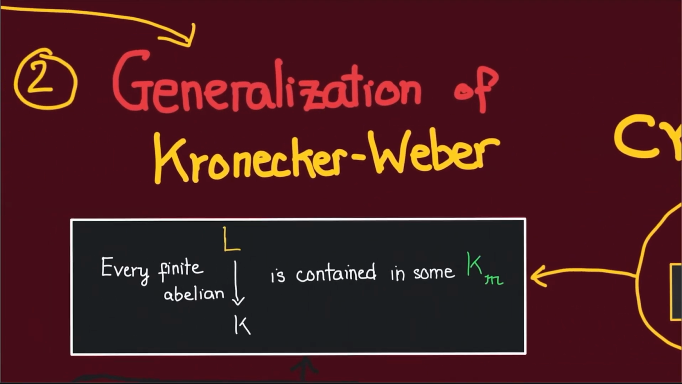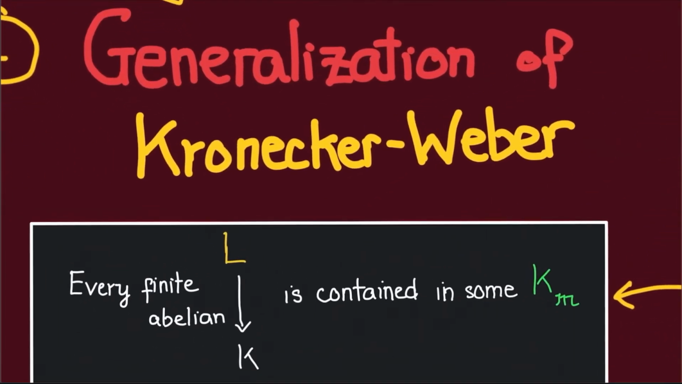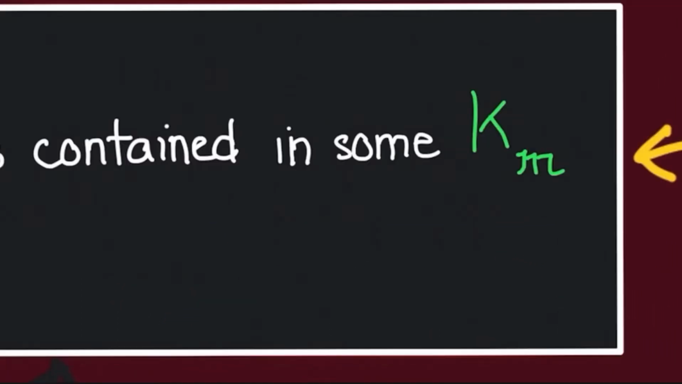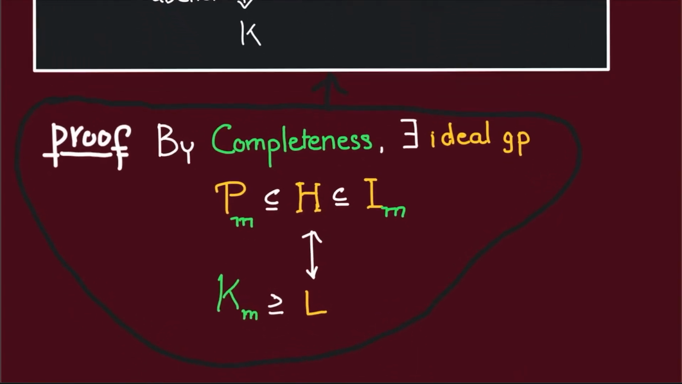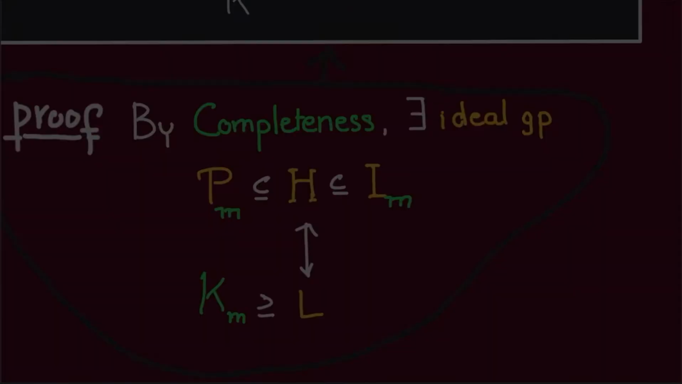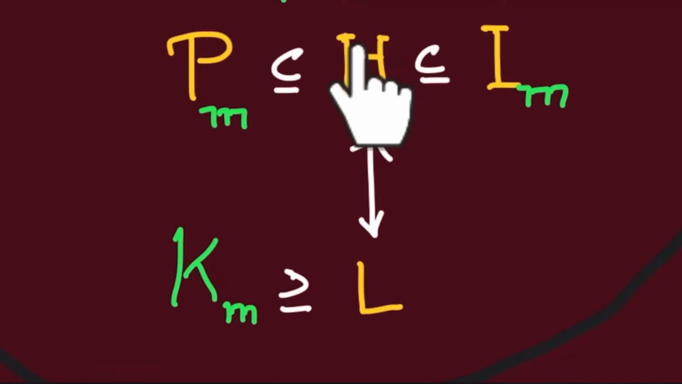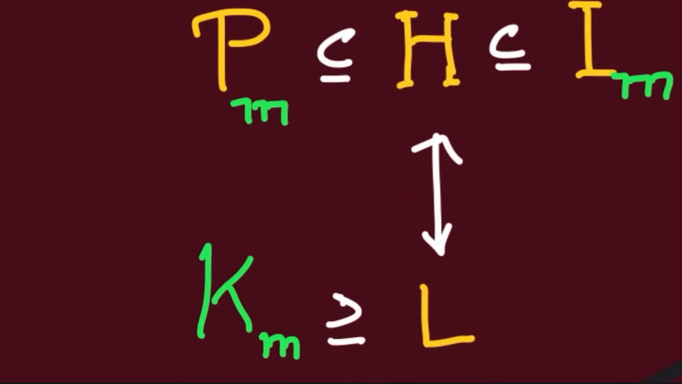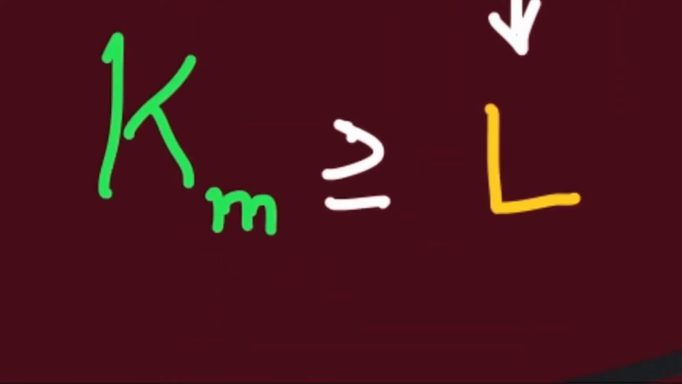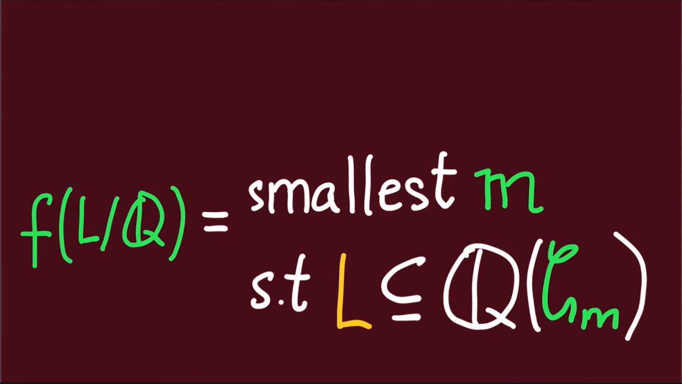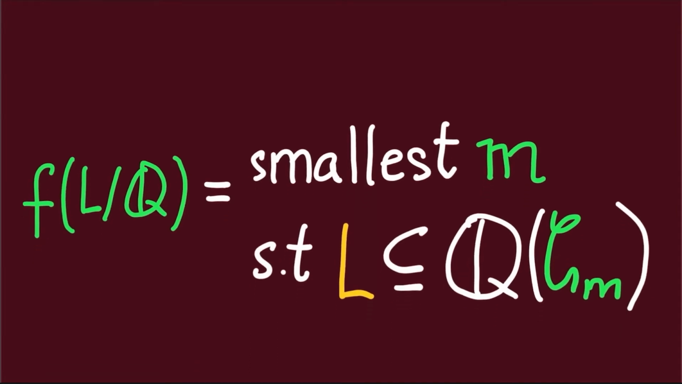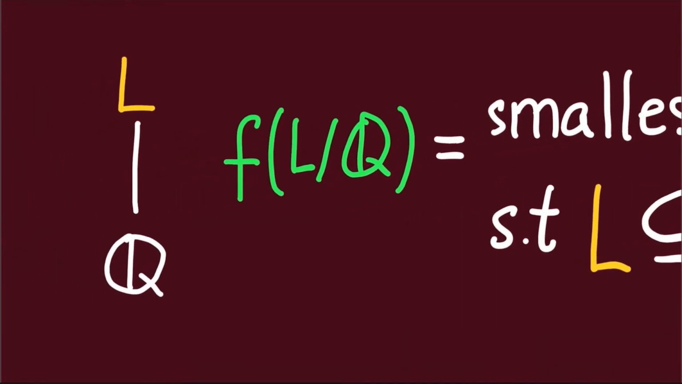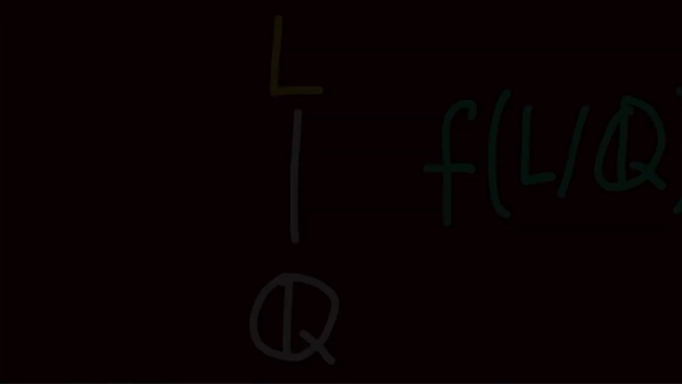Then it turns out that every finite abelian extension of K is gonna be contained inside some ray class field. The reason was because every finite abelian extension of K is gonna be the class field of some ideal group H. Now since H contains P_m, L must be contained inside the class field of P_m, which is a ray class field. Now, imitating the definition of conductor in the case of a finite abelian extension L of Q,